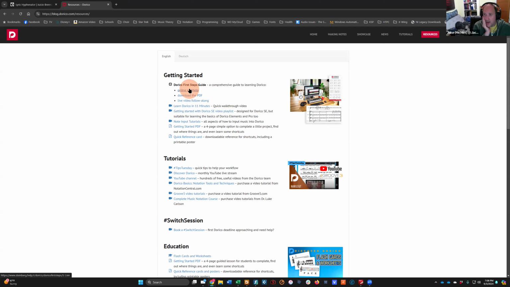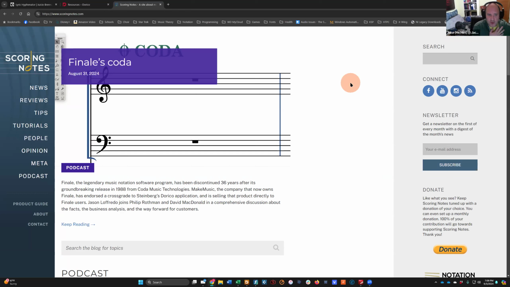Other resources are Scoring Notes. If you're not familiar with it, this is what used to be known as the Sibelius blog when it was run by Daniel Spreadbury. That's a name you'll hear again if you aren't already familiar with it. When Daniel was fired along with the rest of the Sibelius development team in 2012, he bequeathed this website to Philip Rothman, who is a New York City-based engraver who also has a great podcast about notation software. And so the Sibelius blog became Scoring Notes, and it has